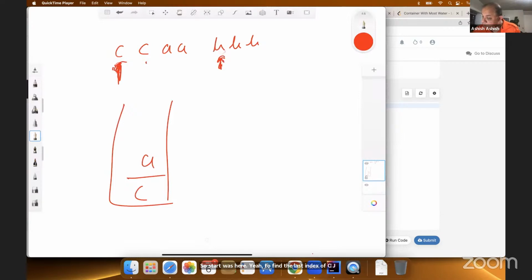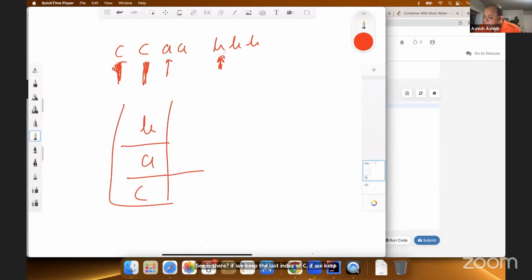B is there, so we add B over here. And C is there. We move this over here. C is again here. If we keep the last index of C,